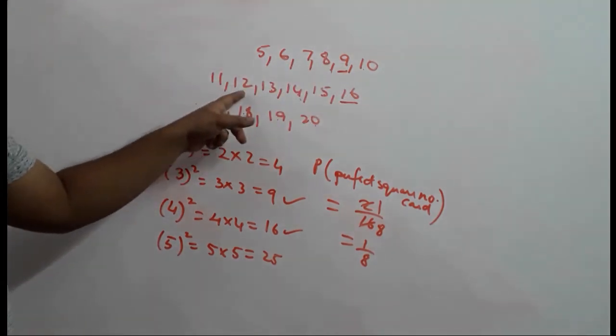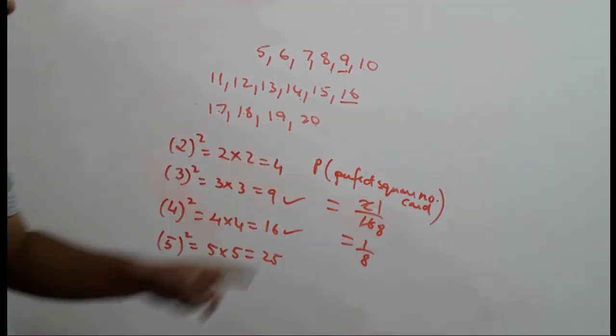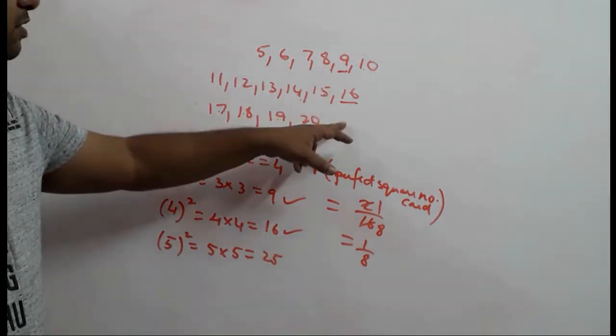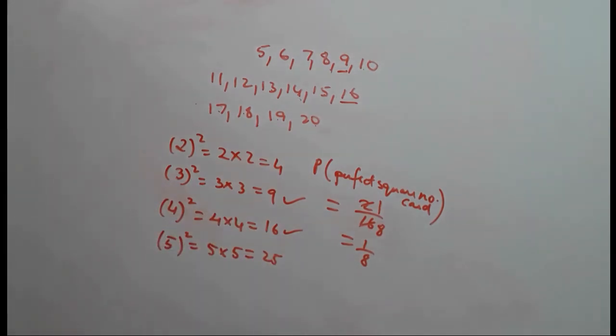16, why? There are 16 numbers, 1, 2, 3, 4, 5, 6, 7, 8, 9, 10, 11, 12, 13, 14, 15, 16. The total outcome is 16, and only 2 favorable events are there, 9 and 16, hence 2 upon 16, which gives us 1 upon 8. So that's how we get the probability of perfect squares in a box of cards. Let's go to